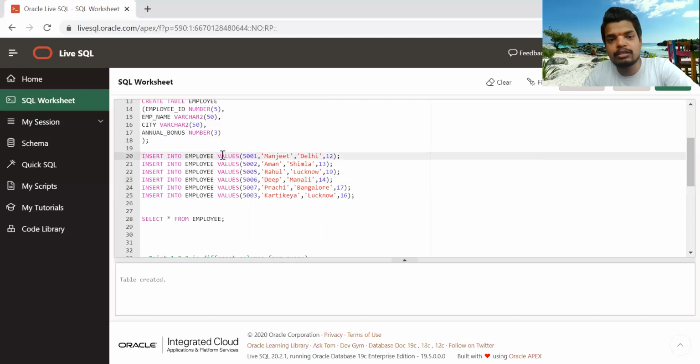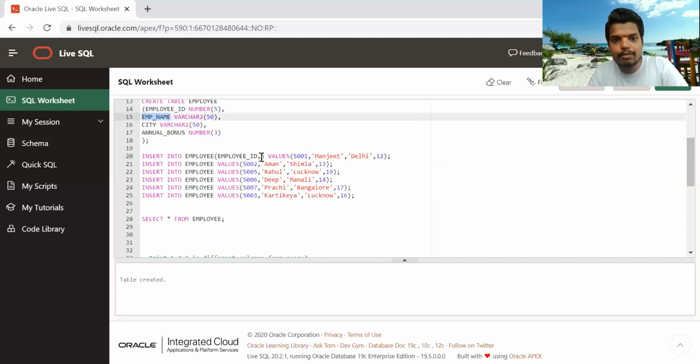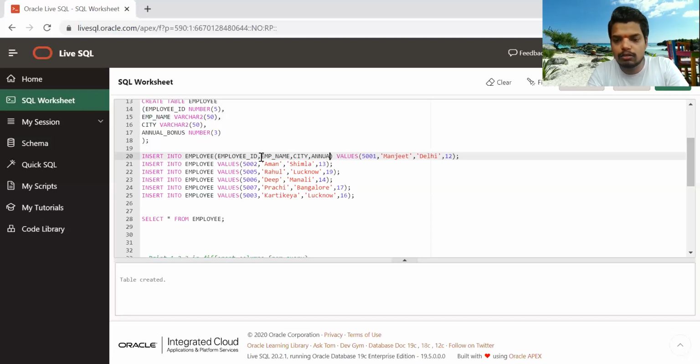See, the best practice is to even mention the column names over here as well. So if you want to mention the column names, I will just write employee ID, then employee name, then city, and then annual bonus.